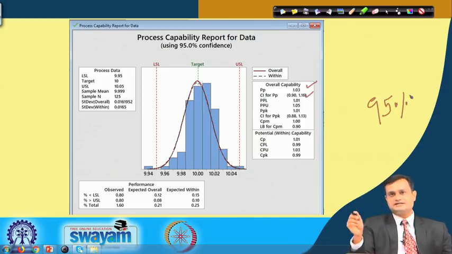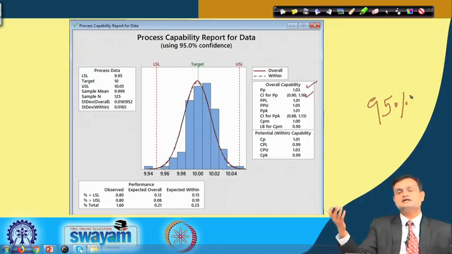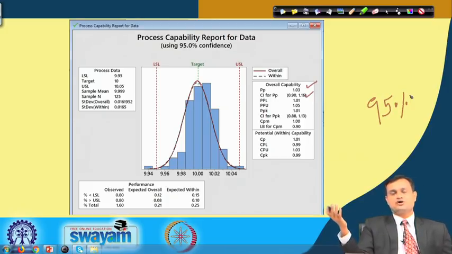It means I am creating the confidence interval for 95%. So, please remember that statistics is based on random phenomena, chance phenomena, and we take the sample and based on that we derive the inferences. So, we cannot be sure 100%, we have to make certain assumptions as well as work with certain probability.